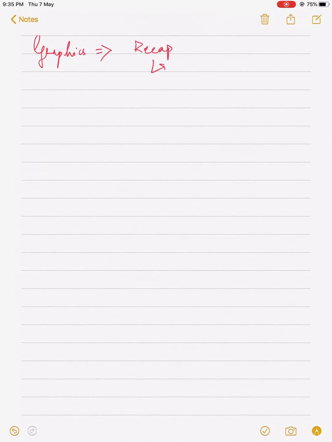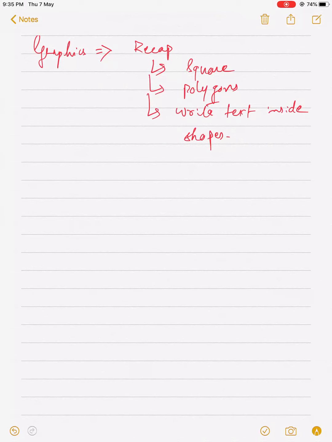Recap. In last class, we have seen different shapes, how to draw the different shapes, for example a square, or different polygons. We have seen how you can make a star, and how you can write text inside shapes.